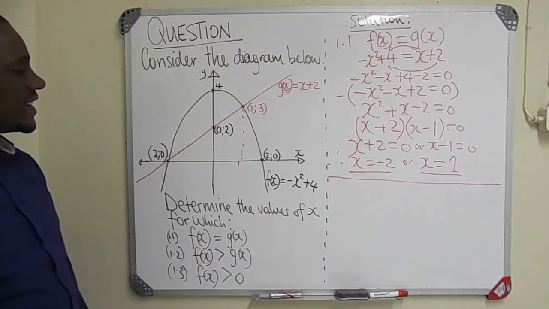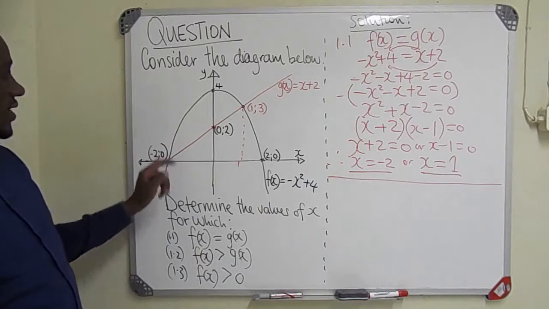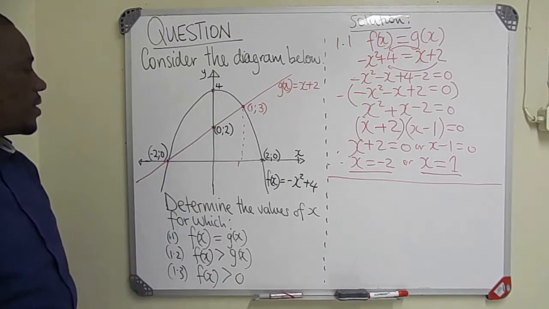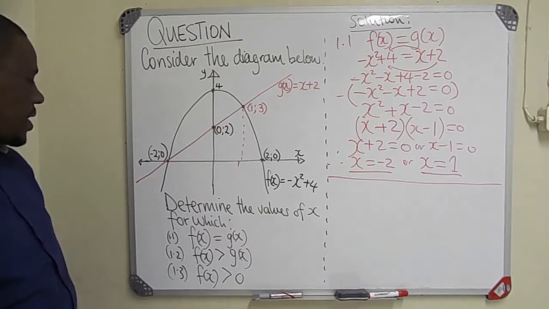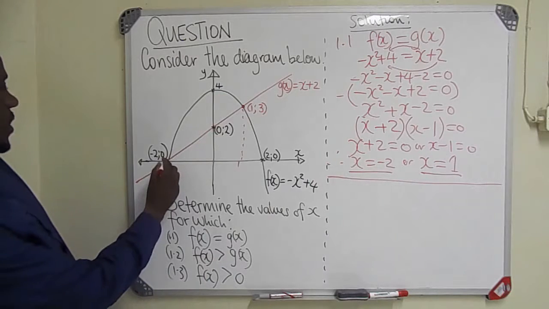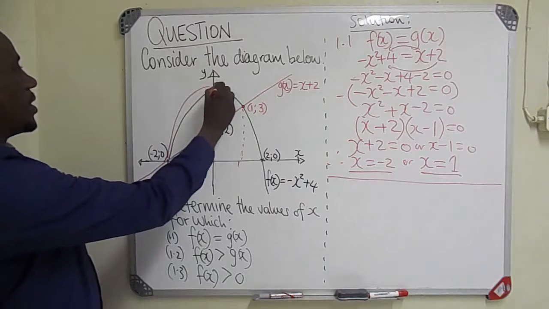Remember, f of x and g of x represent y. So we come here and inspect our graphs. Our f of x is the one that is parabolic, and our g of x is a linear function. So f of x is greater than g of x. We see when they meet here, f of x goes on top up to